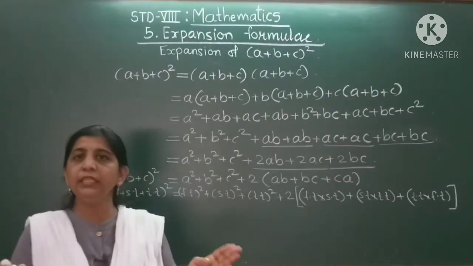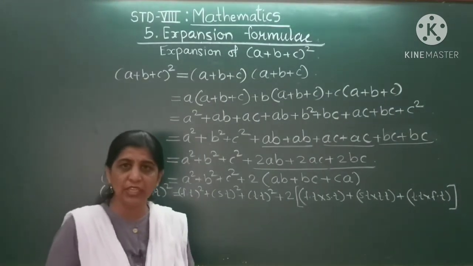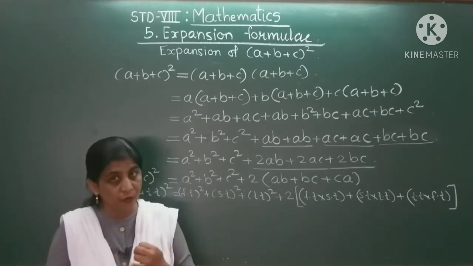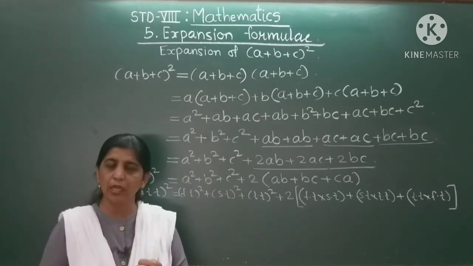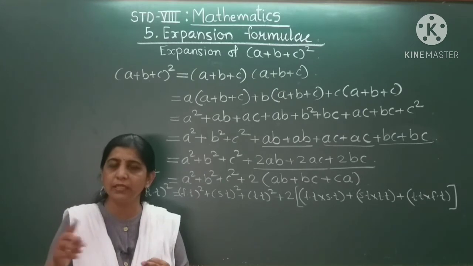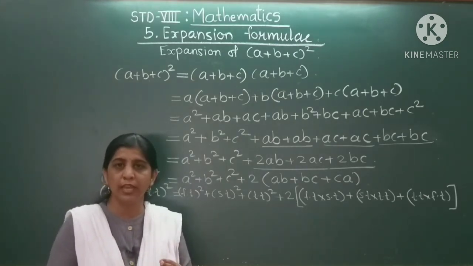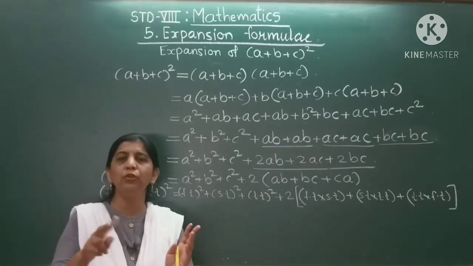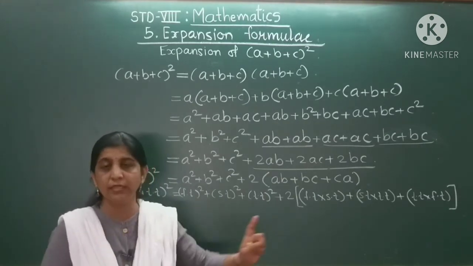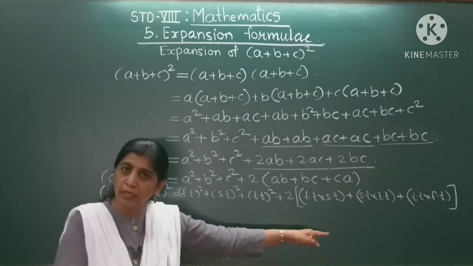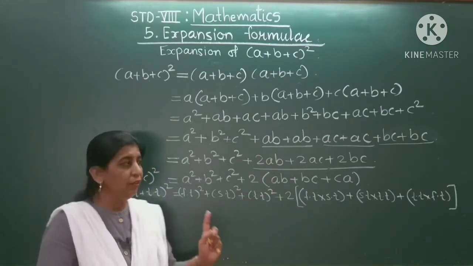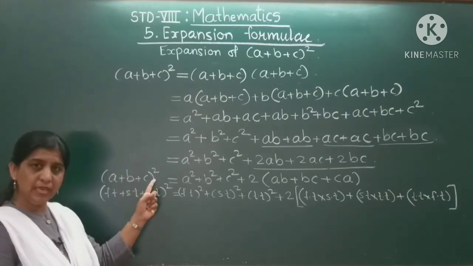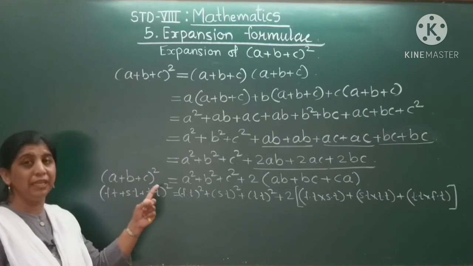See, when 3 terms are squared with the addition sign, that is first term plus second term plus third term bracket square, how am I going to remember the formula? First term square plus second term square plus third term square. So all these 3 terms are squared once. Now 2 times into bracket. How am I going to remember it? There are 3 terms, so always multiply 2 terms once. First term into second term, then second term into third term, and third term is multiplied with the first term. So every term is multiplied once. Once you will find AB, once BC, and once CA. These are all multiplied once.